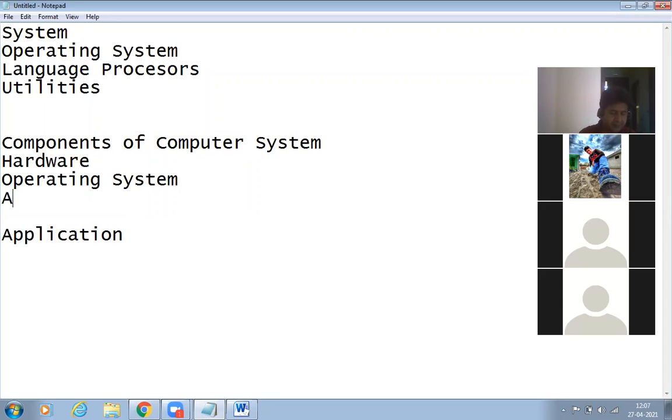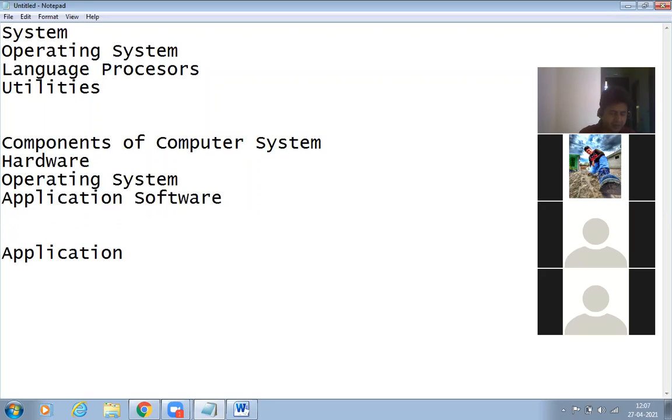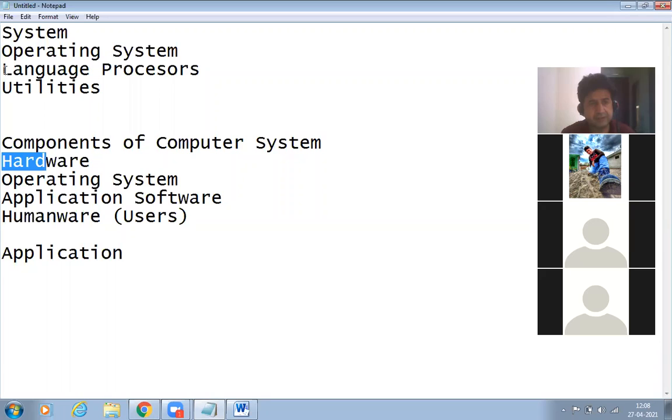Third is application software. And fourth is humanware, or you can say users. So these are the important components of a computer system. We have already discussed hardware, and then we discussed the operating system, which is a system software.